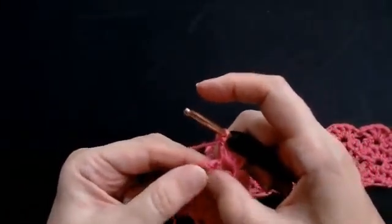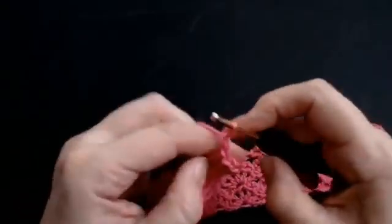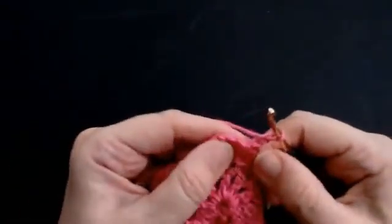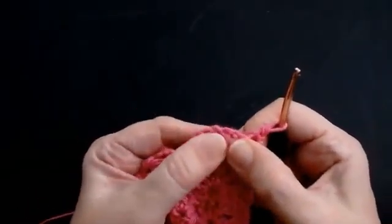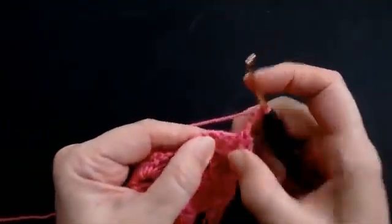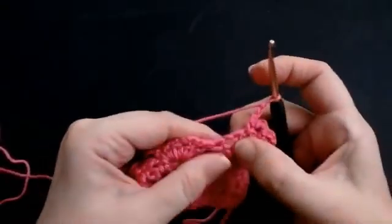Now into the top of this chain of 3 I'm going to do a treble crochet. Chain 1 and turn. Now right into that very first stitch I'm going to do a double crochet. So into the very first fan, the chain space of the fan, do a double crochet, chain 3, 1, 2, 3, and then into the next chain space, do a double crochet. 1, 2, 3 chains, and into the next chain space of that fan, chain 1, 2, 3, and into the last chain space,